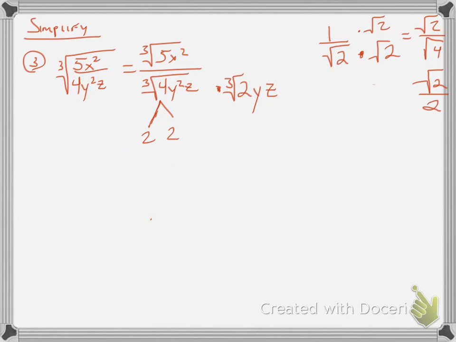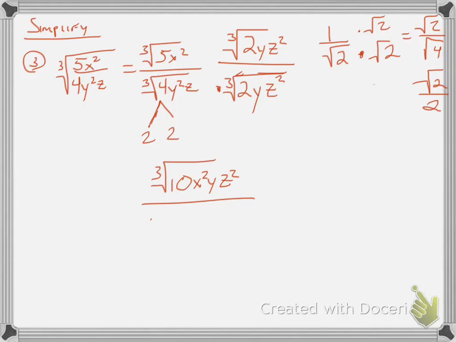So I have z squared there. And remember, whatever I multiply to the denominator, I also need to multiply the same thing to the numerator, 2y z squared. So what that becomes, I get the cube root, 5 times 2 is 10, x squared y z